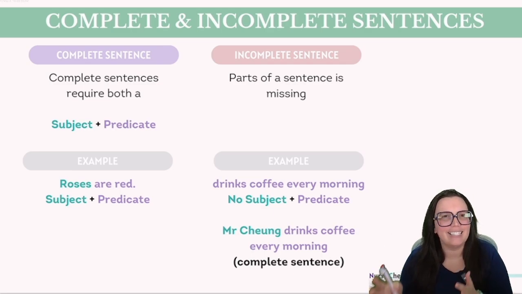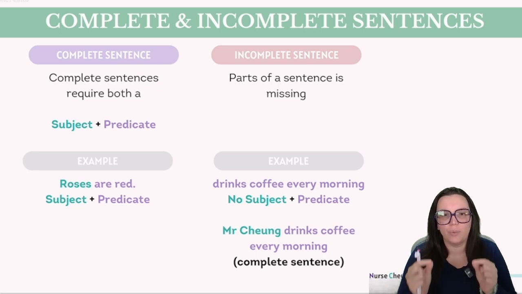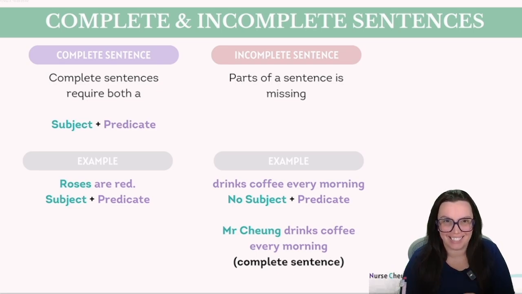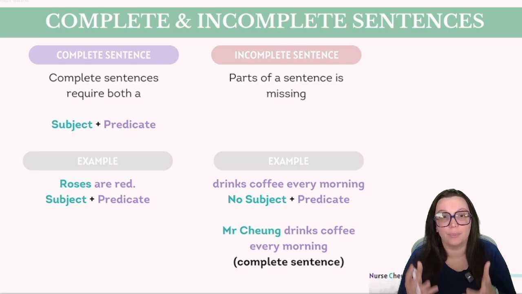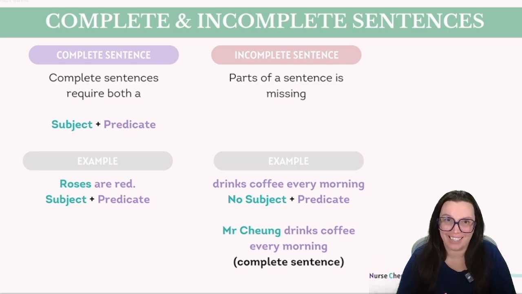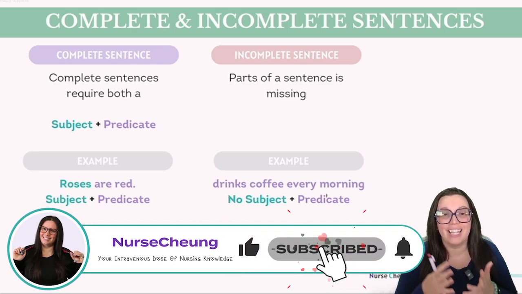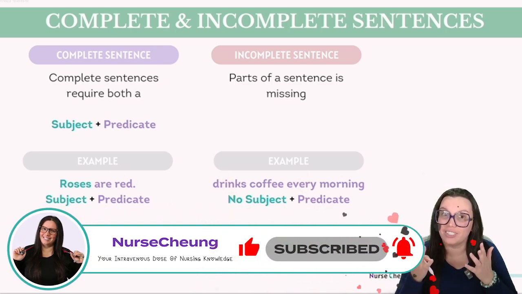What exactly is a sentence fragment? So a sentence fragment occurs when essential parts of a sentence are missing, resulting in an incomplete sentence. For a sentence to be considered complete and whole, it needs to have both a subject and a predicate. The subject tells you what or who the sentence is about, and the predicate explains what the subject is doing